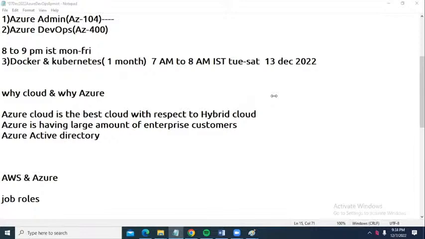People who know AWS are more than those who know Azure. But Azure has a lot of enterprise customers, and it depends upon the project. Some projects might use AWS and some might use Azure.